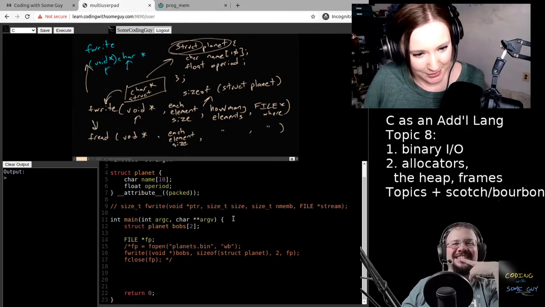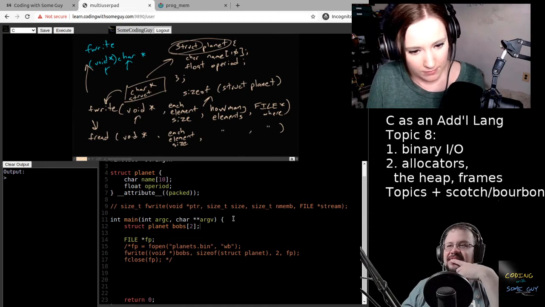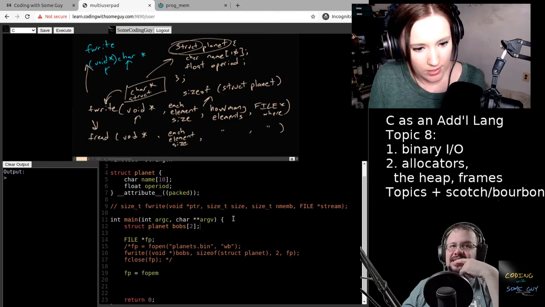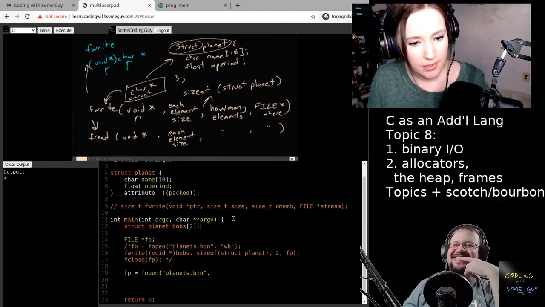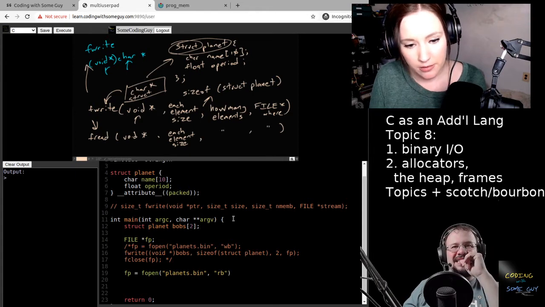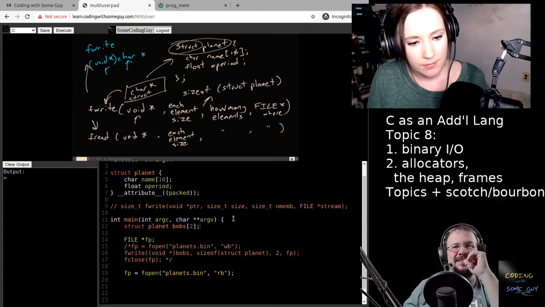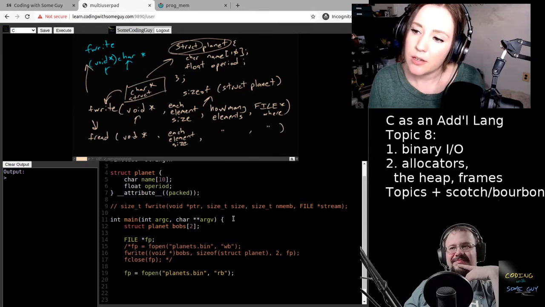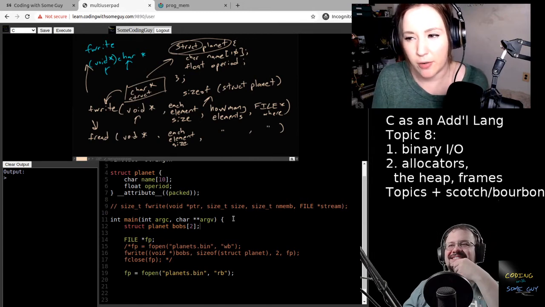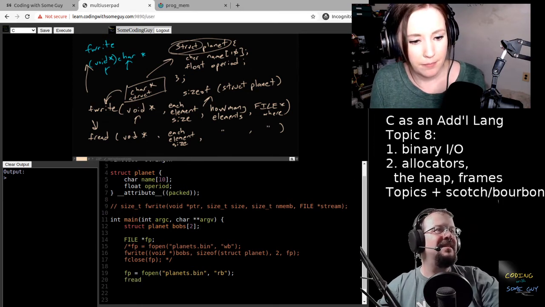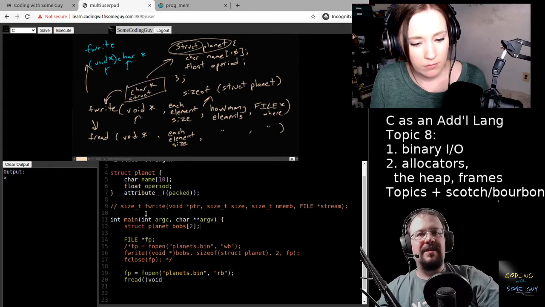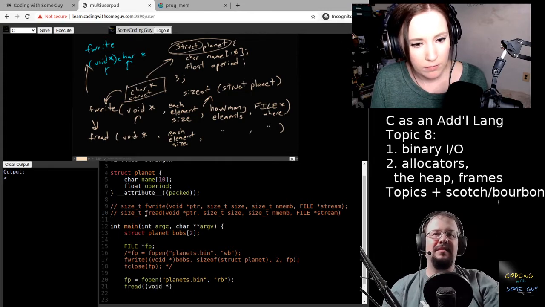Okay. All right. Same thing here, but we're going to read it instead. Can you assume that fread worked? Because it could never fail. Is the man page for fread very similar? Yeah, it's actually exactly the same. I will just put that here so we don't have to refer anywhere else. Okay.